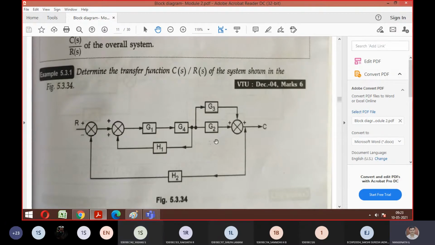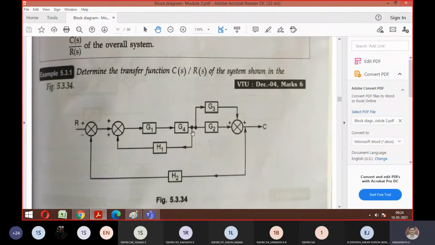So finish up this. Take the problem. Step number 1: you should write the forward path and reverse path. Then you can make this parallel into one block. So the formula becomes G2 plus G3. You may ask why I'm not writing G3, G2: because the block order is G2 first, then G3.